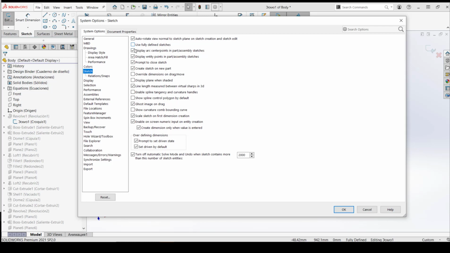So I don't plan on designing any like space shuttles anytime soon, so it's not critical to me to have all fully defined sketches all the time. Maybe I'm showing another SOLIDWORKS user something really quick and I don't want to have to fully define my sketch. So it's up to you and your company what would be best for you on this one.